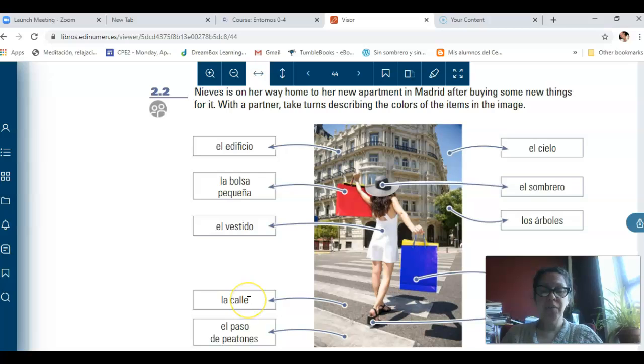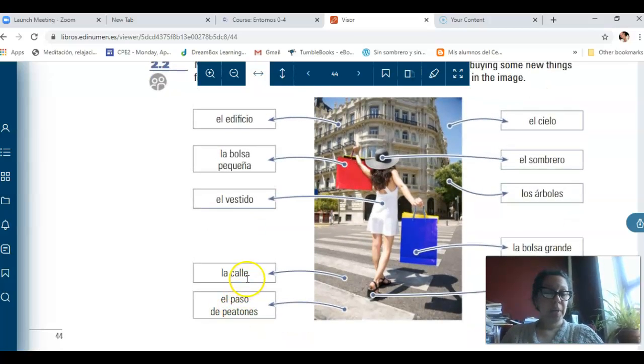Okay? In the case of calle, you see, it doesn't have an O or an A. So then I must go to what is in front to know the gender. In this case, it's feminine because it has la calle. See? La calle. And let's say that I want to say that the street is black. I'm going to say la calle es negra. If I want to take a look at this picture and I see in here that is not black, that is gray, then I'm going to say la calle es gris.